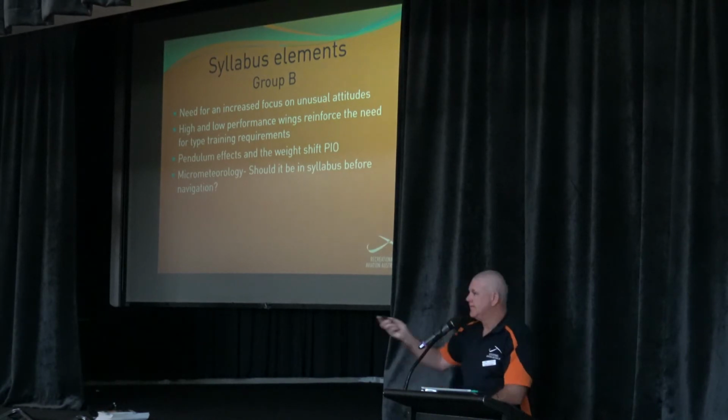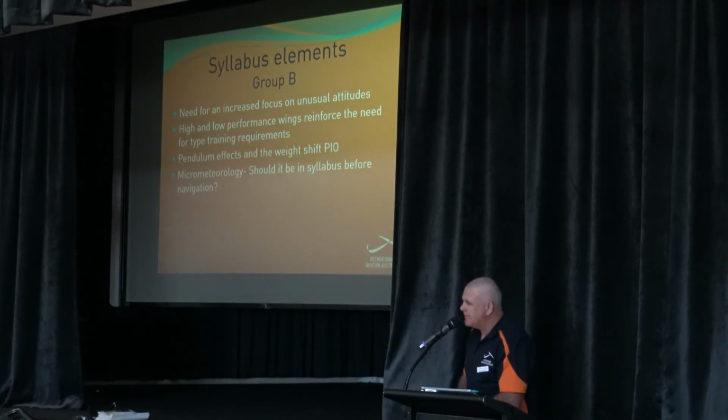Richard? Yeah, if you're talking about Group B, there are quite a few other elements that should be specifically developed in the syllabus for Type B aircraft, which are related to stalling, which are related to even straight and level flying, which is quite different than in 3-axis. In turning, the effect of the pusher at the back and the way that tracks are made,